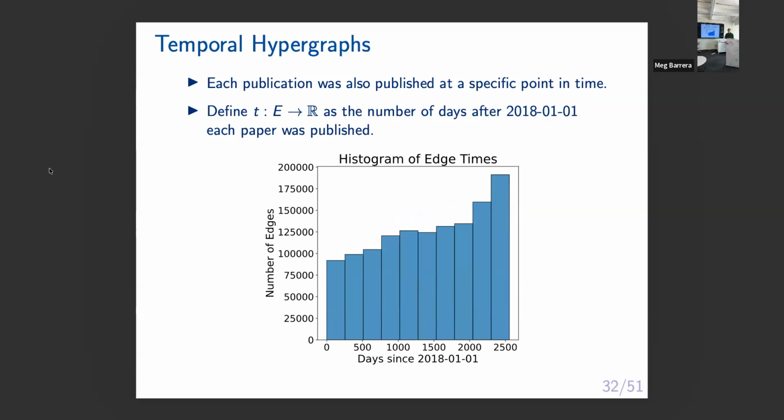We can do a little bit of EDA on this hypergraph. The rate of papers is going up. But importantly for later, it's not going up so extremely that the rate over here is completely different from the rate over here. If we had extended this to maybe a smaller archive, where it's only getting a couple of papers, maybe a week, that would cause some problems with this method. But in this case, it's okay. We don't have to worry too much about the rate at which papers are being published overall.